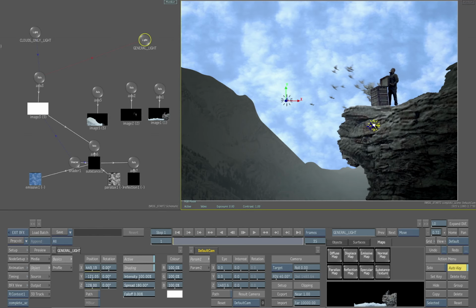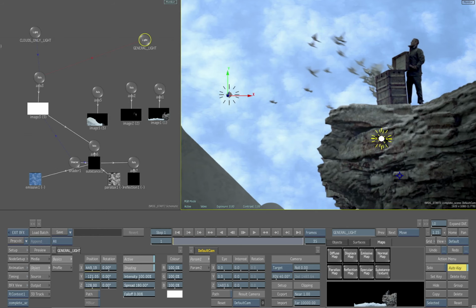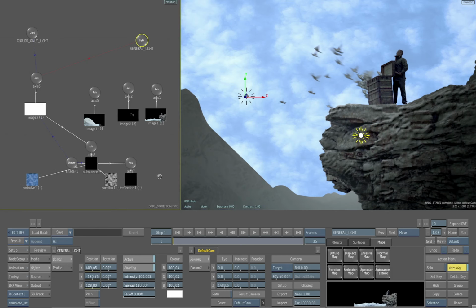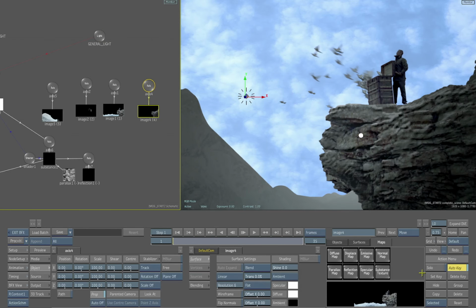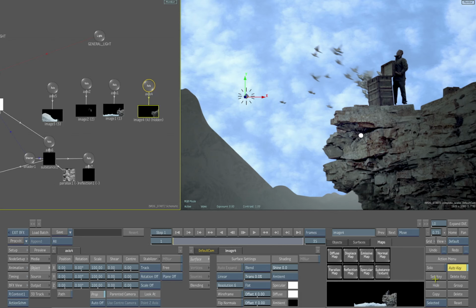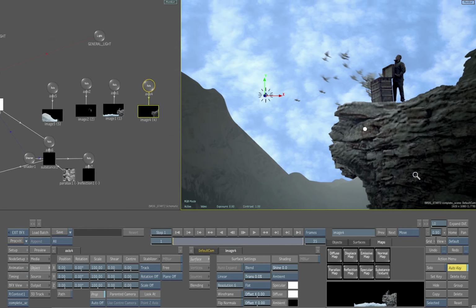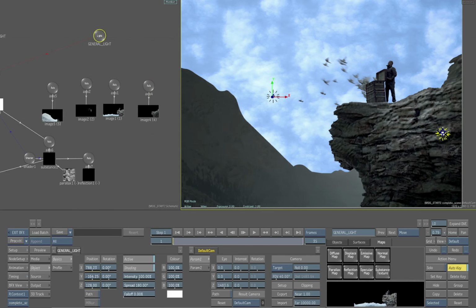And if we look at this general light that we're actually applying here on the rocks that the guy's standing on, what's interesting is if we come over and hide that element, you can see that the original rocks were replaced with CG rocks. And that's kind of an interesting idea, because when you're rendering CG rocks like this, you could actually render them as OpenEXR elements and then embed into the OpenEXR file format some extra metadata in the form of, in this